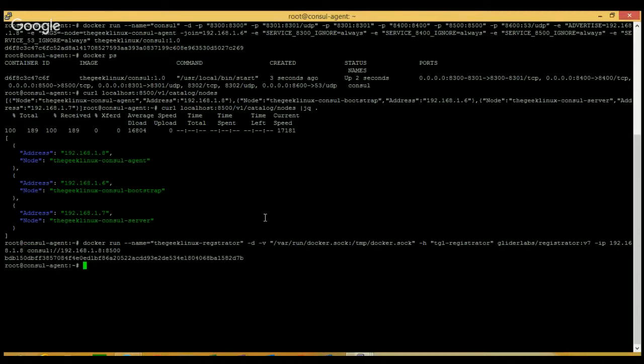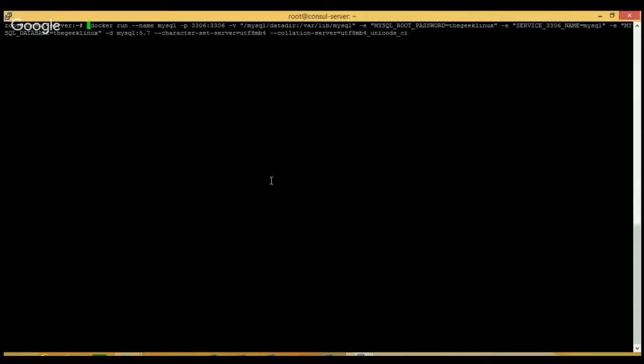Now it's created. MySQL server on the server node. So I'm taking that command from our post, the MySQL command, which will create the MySQL container. So this is the command.